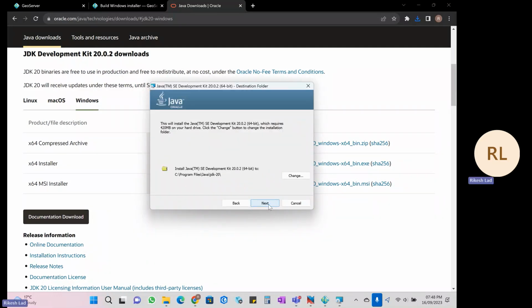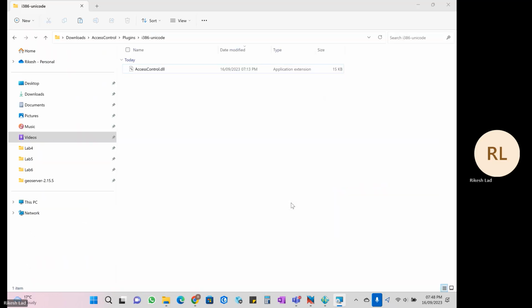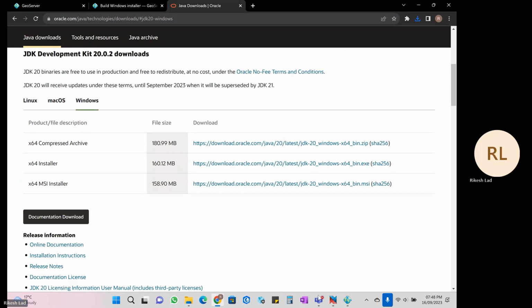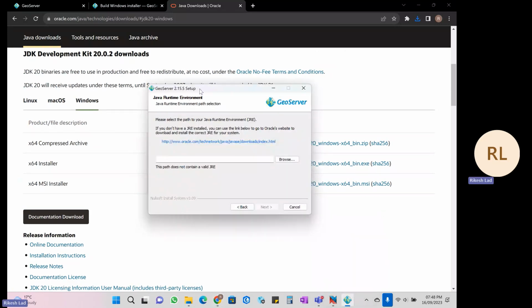So just follow the instructions for this. Default's usually going to be in your C drive, then program files, wherever the operating system's installed. Close. So if we just go back to the GeoServer install,